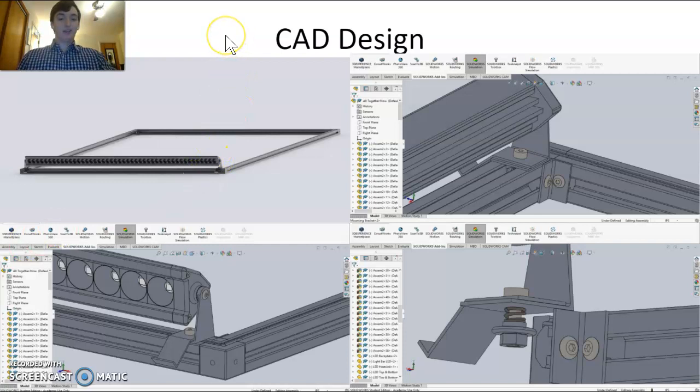Moving on to the CAD design. The top left corner shows the final rendering of the project with its aluminum rails, lifters, rollers, and light bar. The top right-hand corner shows a close-up of the interior brackets of the rails, as well as you can see the T-slot nuts, the lifters, and the heatsink on the back of the